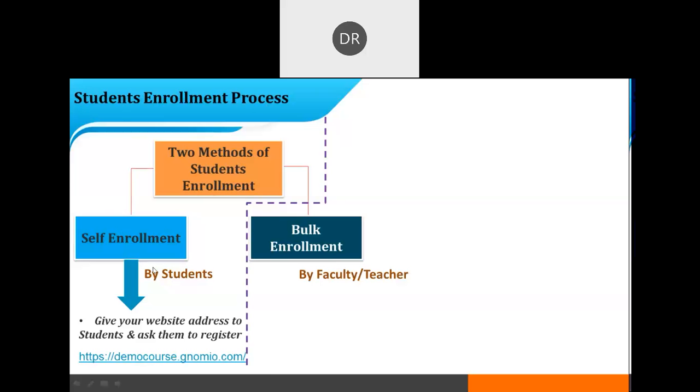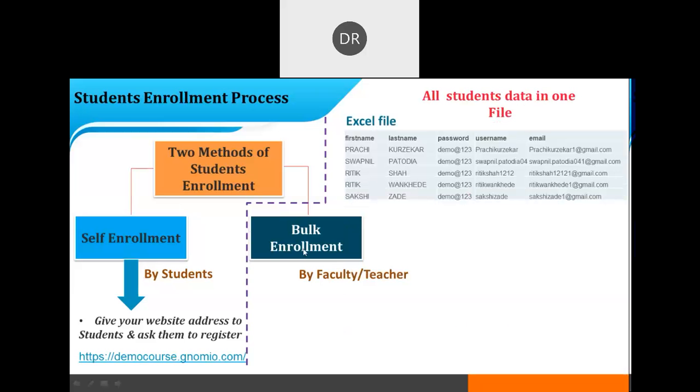But if there are so many students, if there are 120 students or 60 students in your class, then for manual enrollment you have to track the enrollment of each student, all these 60 or 120 students. Instead of that, there is one more method called bulk enrollment.